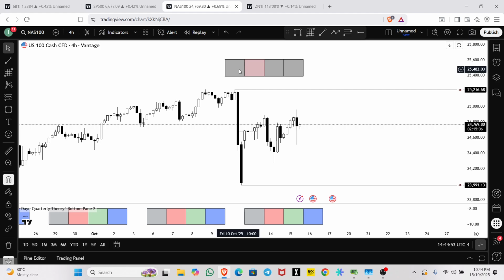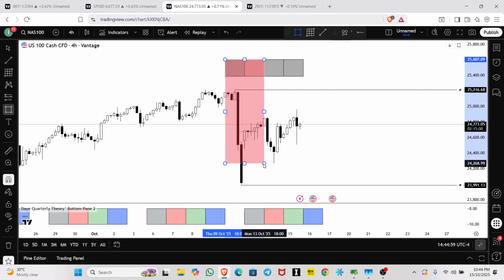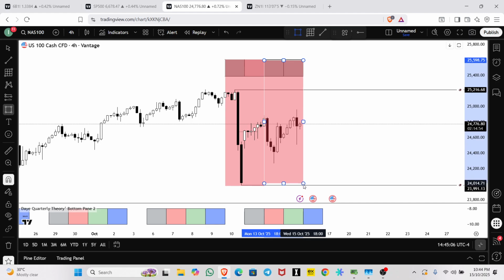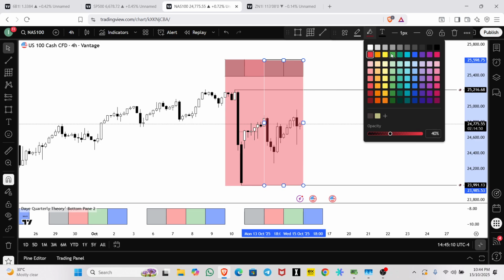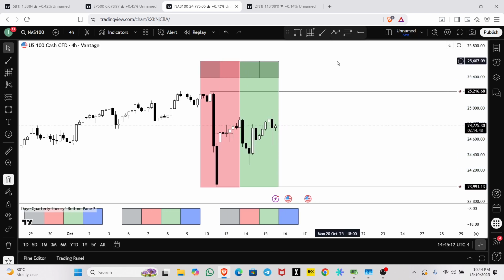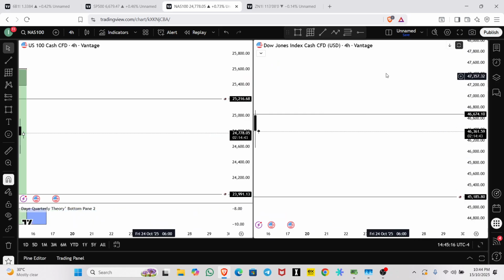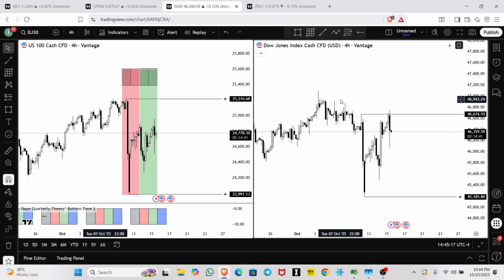We can use these 2 days as one, meaning these 2 can become 1 and these 2 can become 1, right? So this is just kind of an introduction. It's not like the basic nitty-gritty of it. But if you see over here, these 2 days and these 2 days,